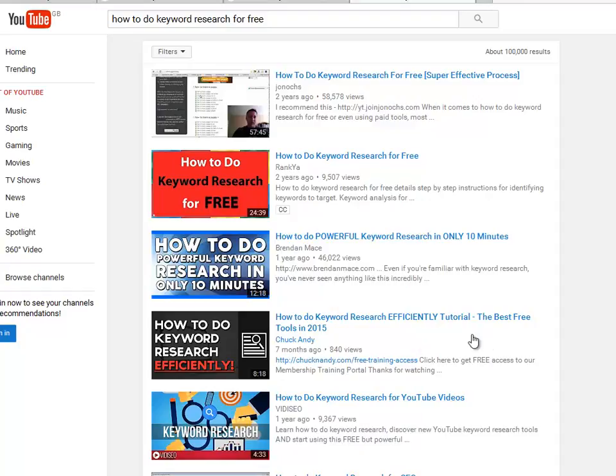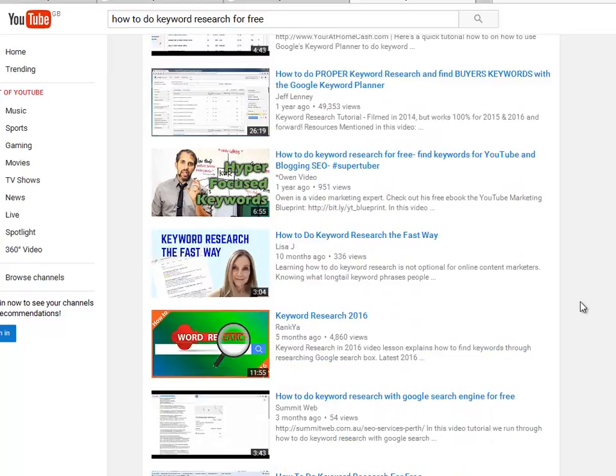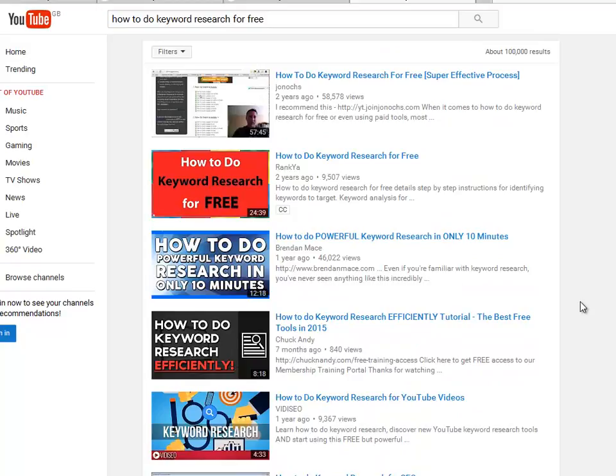How to do it efficiently. The best free keyword tools in 2015. So that was 7 months ago. We're 6 months into 2016. Personally, I probably wouldn't have named it 2015 at that stage, because that was probably launched in roughly December, and that's it. But again, you can use exactly the same for YouTube as you can for Google. They tend to give different results quite a lot of the time because they have different algorithms that they use,